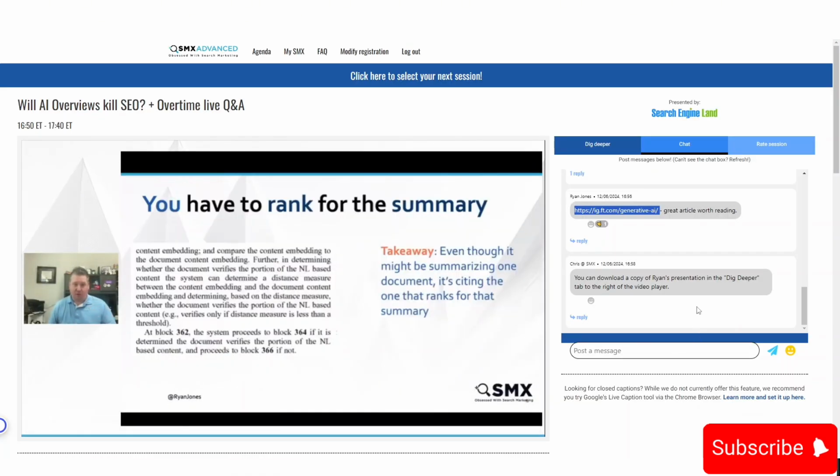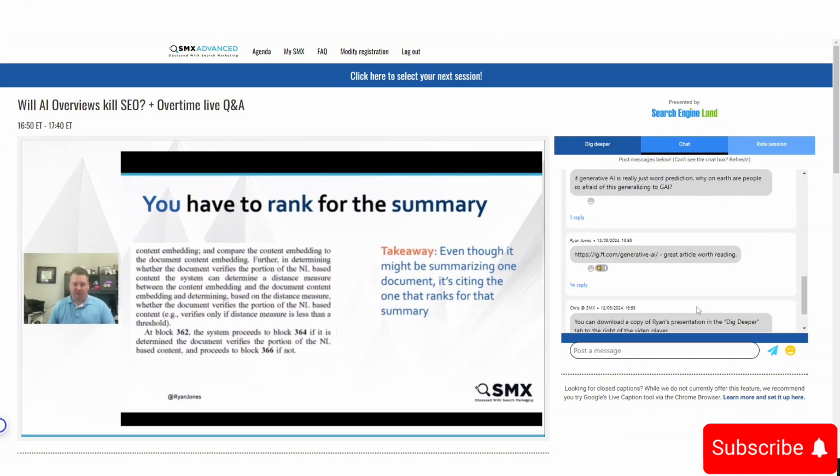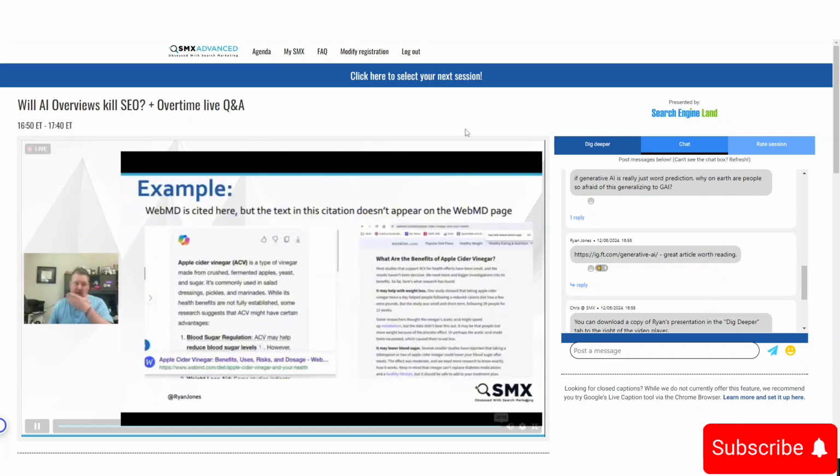We can rank for the related query, or we can rank for a different thing and still get pulled in. And we'll show that in a minute. But how do we know this? Well, here's an example where Copilot, same thing, but here's an example where it's citing WebMD, but the text it cites to WebMD is not actually anywhere on WebMD. So you can kind of see, this is more of a Bing example, but you can kind of see how it's citing something that it didn't actually pull the text from, because this text doesn't appear anywhere on the WebMD article, but it still got cited for it.